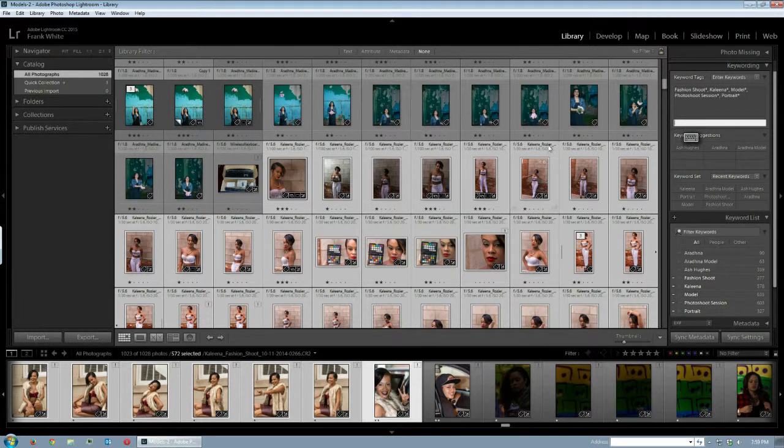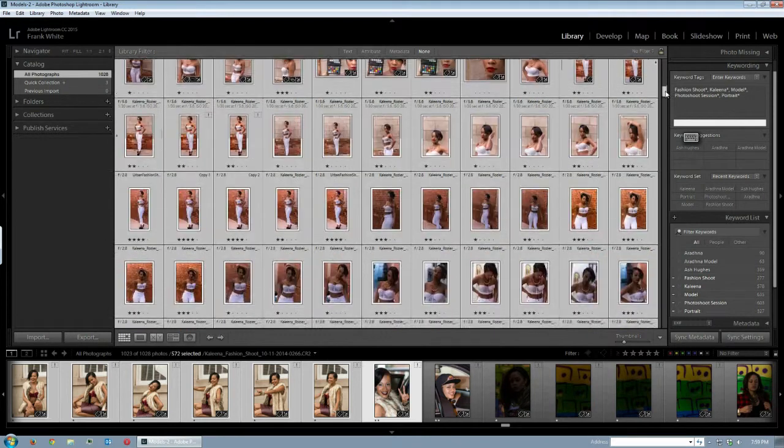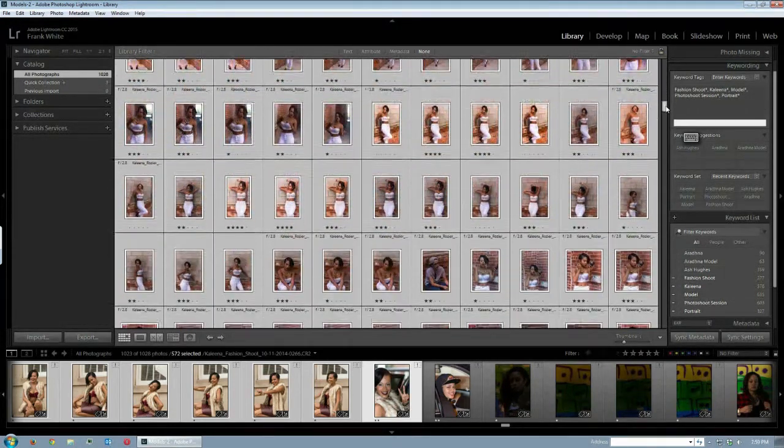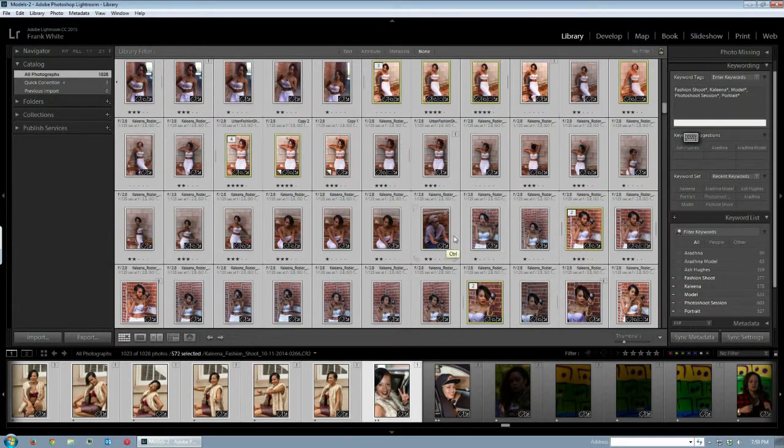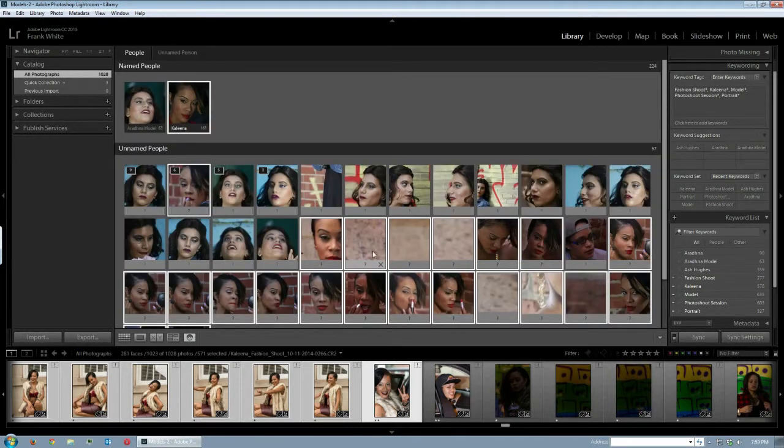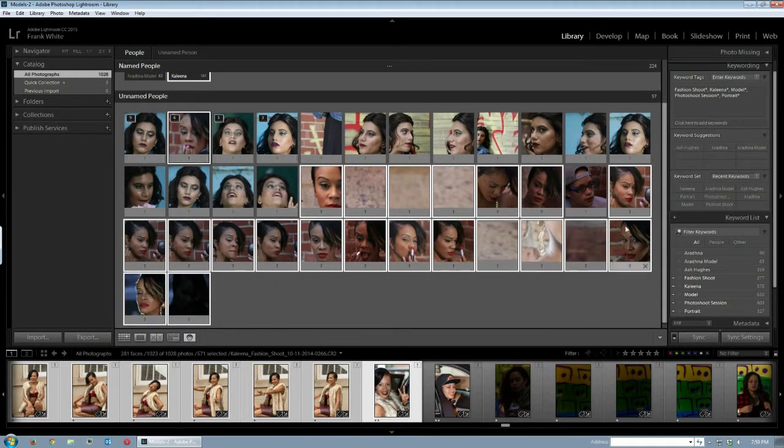Now I noticed when I was scrolling down that I did see one person who was not her, so I would control click and take this one out before I actually name it. But in doing the facial recognition system, then I'm actually having to go through like so, and it seemed to be maybe a little slower, a little bit more work,